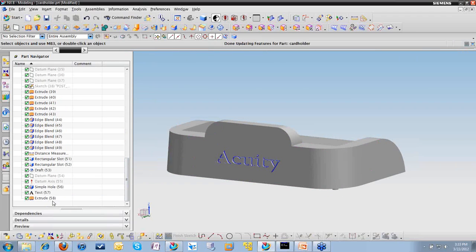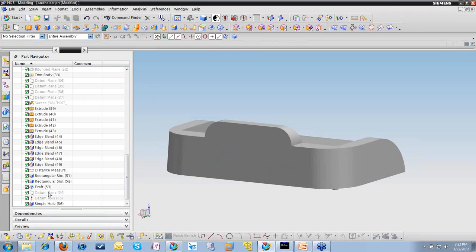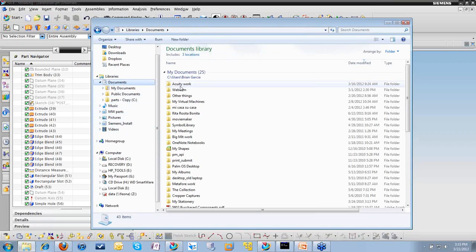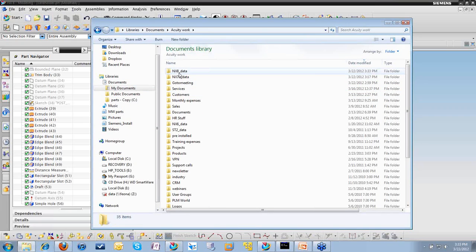And so that's already created. A lot of times what I do to test this, I'm already on the original part, I'll go ahead and delete these. And then before I can actually test it, as you remember, I have to go and place those into the correct spots here. So my home folder is underneath Documents, my Acuity work, and then there's my NX8